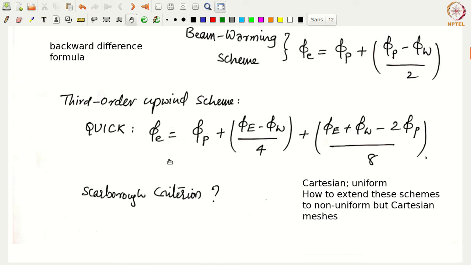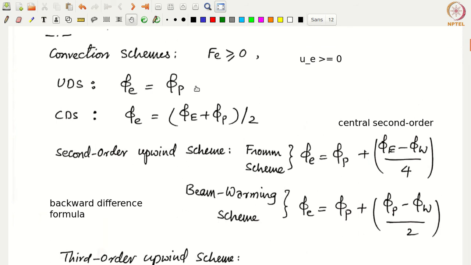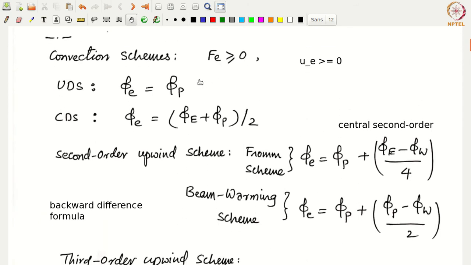Yes, we do see some issues. If it is an upwind scheme, we don't have any problem because phi E equals phi P. So this is either phi P or phi capital E, depending on the direction of the flow rate. There is no problem because all the coefficients would come out to be positive. As we have seen in the context of the central difference scheme, there is a possibility of negative coefficients, and those can be avoided by maintaining the cell Peclet number to be less than 2, right? That's what we have already discussed.